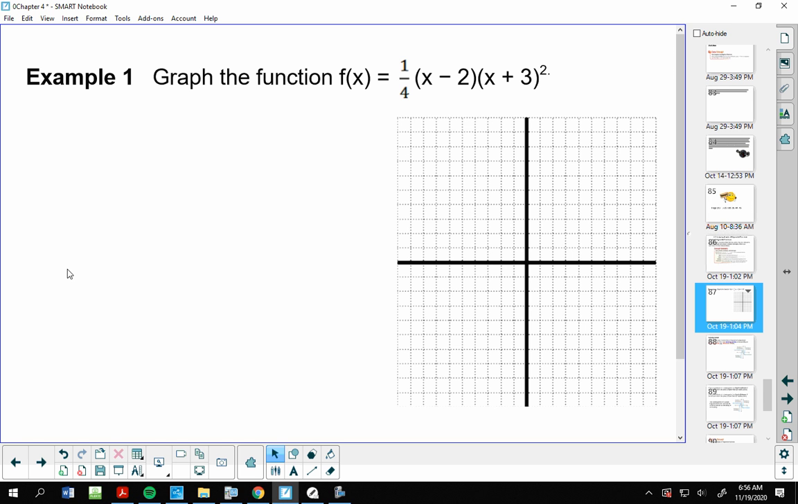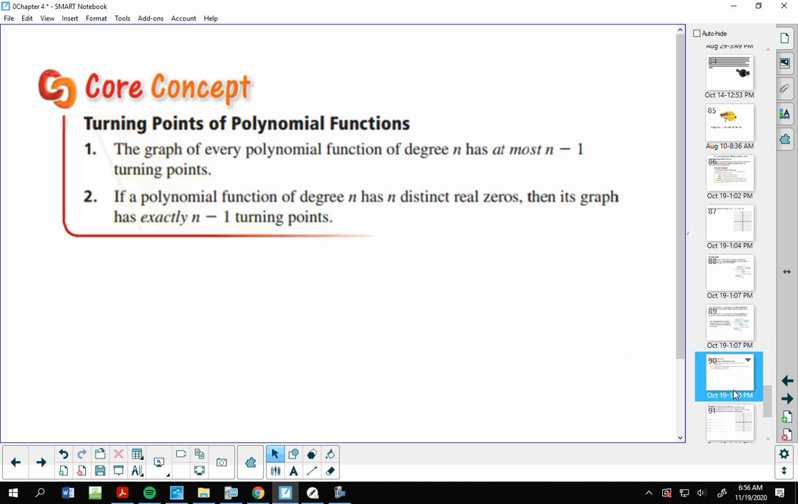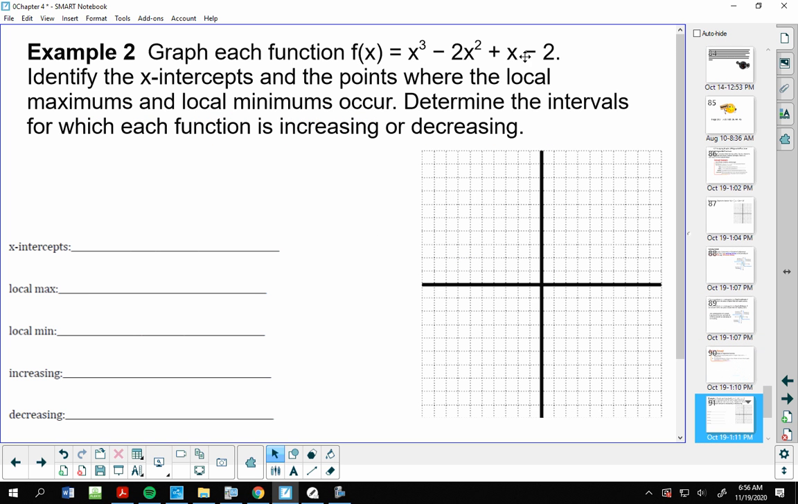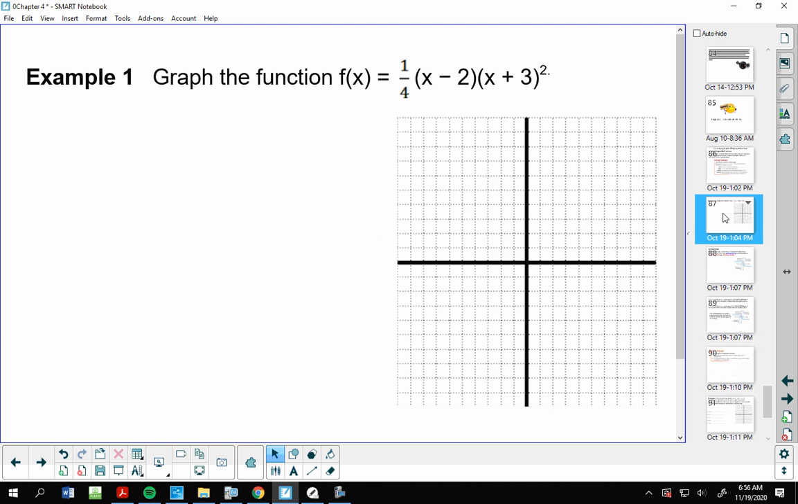and odd functions. The first polynomial that we're going to graph is in intercept form, but most of the polynomials that you guys will graph for your homework are in standard form. So this first one is kind of rare, but